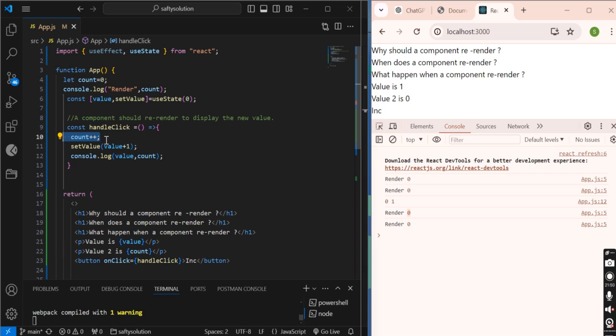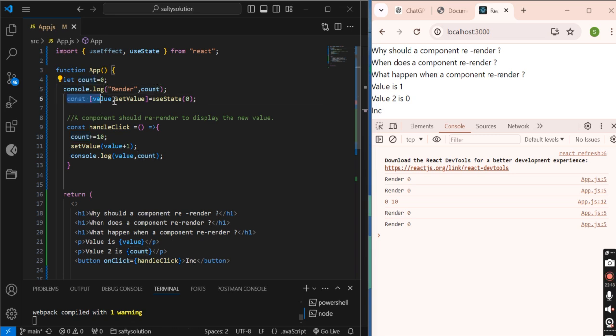If we increase that value by 10, plus is equal to 10, see, here it is 10, but again it becomes 0, because when the component re-renders, it will again define the count variable freshly, and here it's printing count, right?